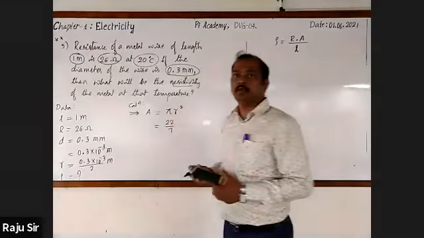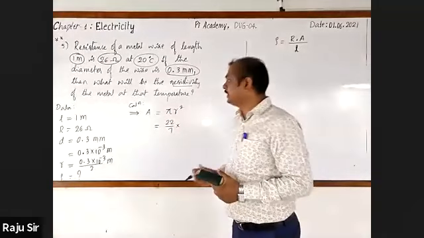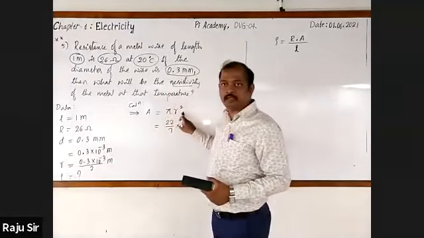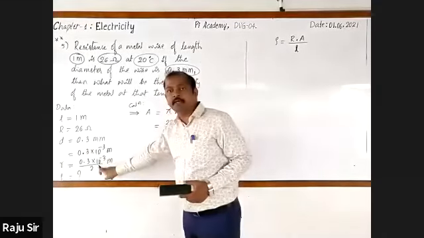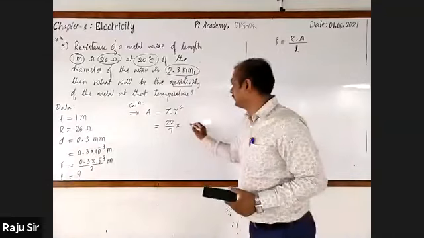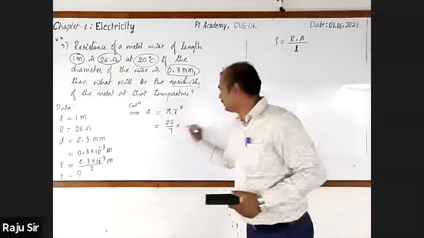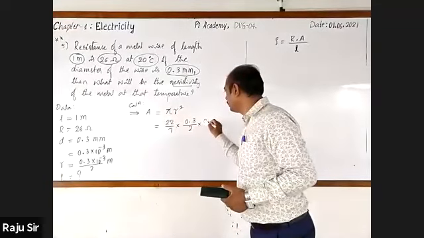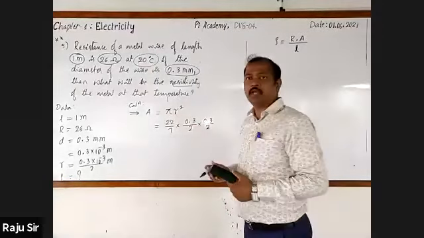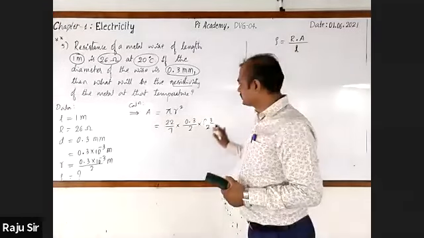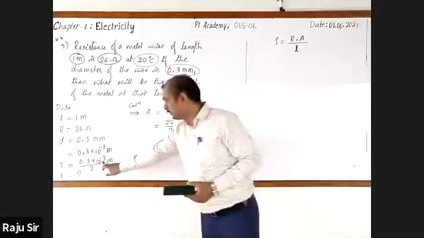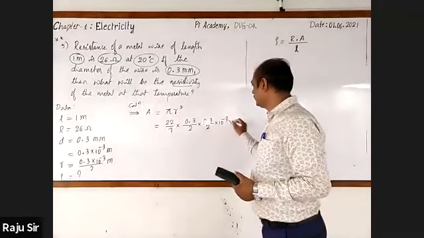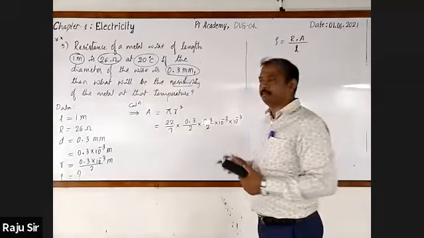Where pi value is 22/7 into radius is given. See, this is the radius. Here whole square is there. Hence we can multiply it by 2 times. I'll write like this. 0.3 by 2 into 0.3 by 2, as it is whole square. This type calculation will be easier. Then 10 raised to the power -3, only for the sake of making you understand. Again, I am writing this also 2 times.